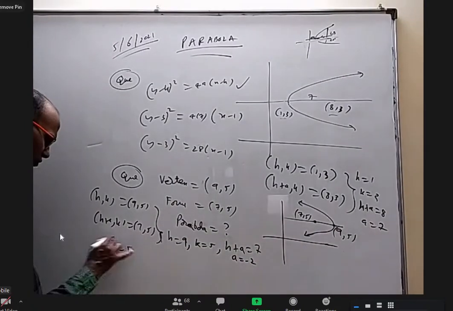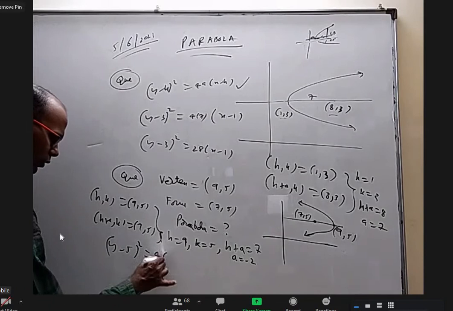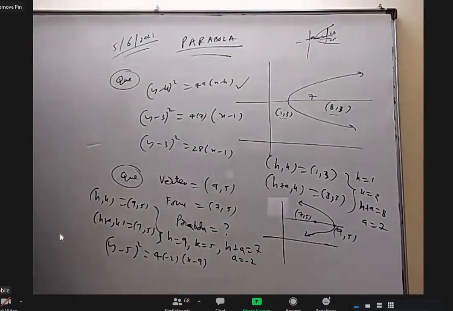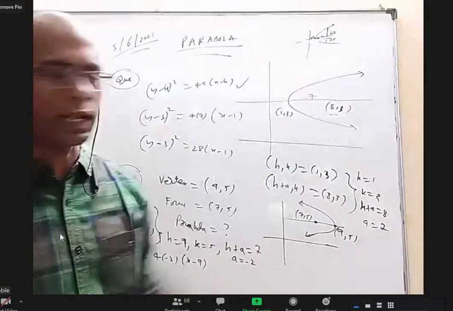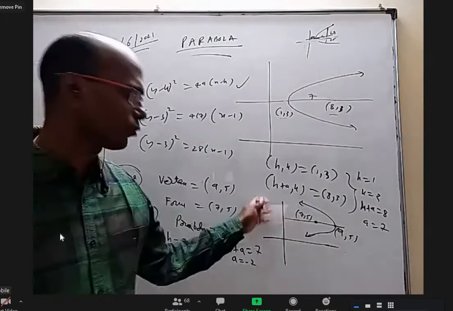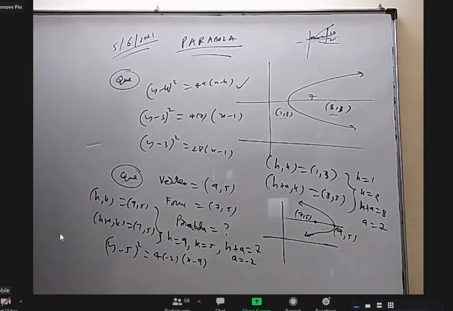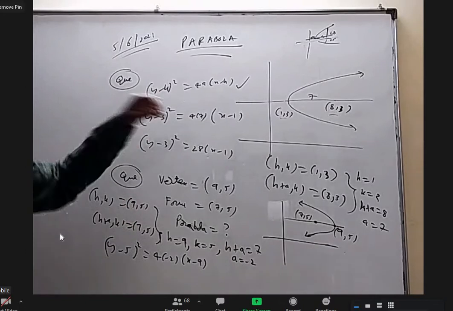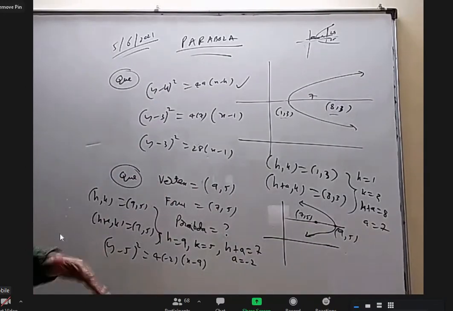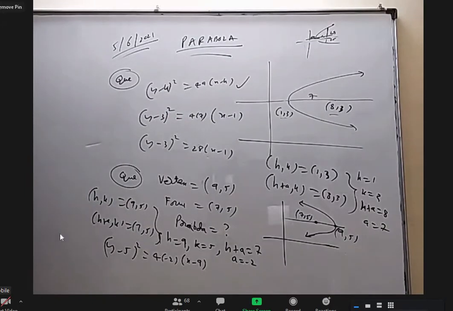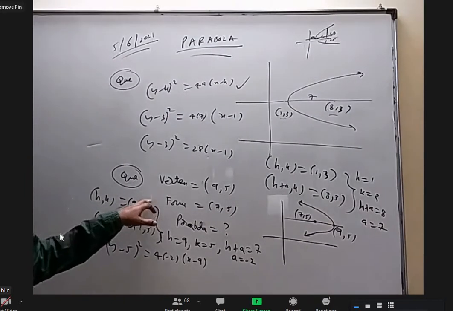All right, a is minus 2. So y minus 5 whole square equal to 4 into minus 2 into x minus 9. You have to understand when the parabola is opening towards right, the constant 4a will be positive, and opening towards left, 4a will be negative. You can see a equal to minus 8. And our formula is the same. A horizontal parabola whose axis is parallel to the x-axis will be y minus k whole square equal to 4a into x minus h. Is everybody clear about the next question also?